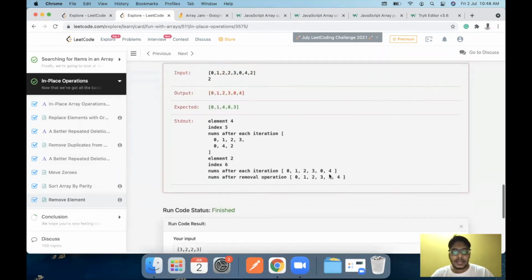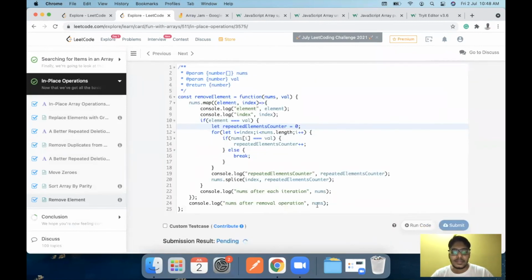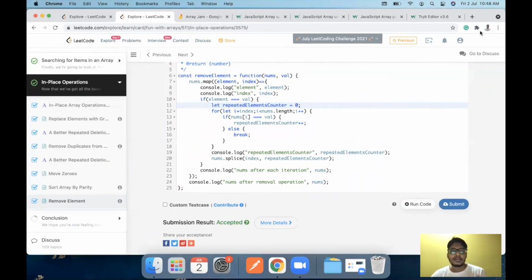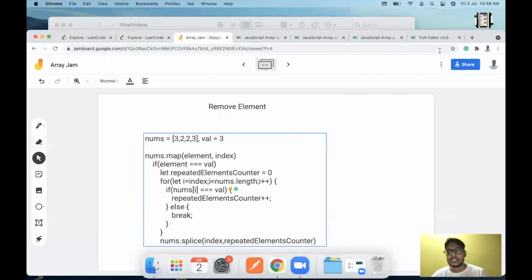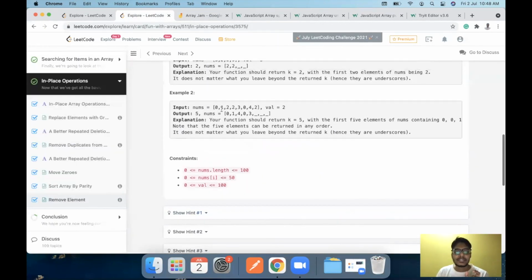Yes. And let's just try to see using submit if this is working for our solution. So this is an accepted solution. Let me just tell you what we did right now, the changes in the pseudocode. First thing that we did was we incremented the repeat element counter every time we found a repeated set of elements. That is, if the element is repeated like this, let's say 2, 2, the splice operation will run on both the elements instead of one.